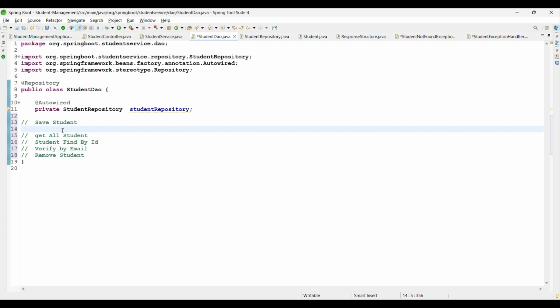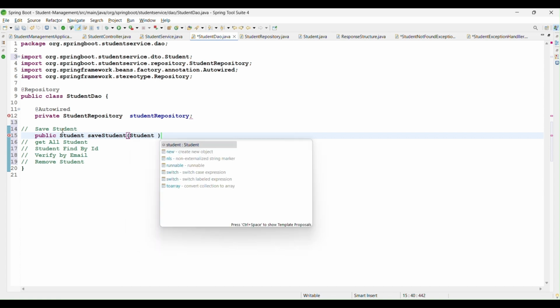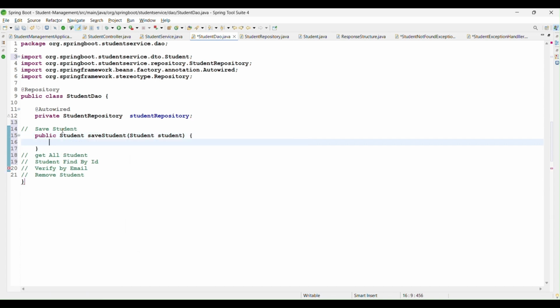Let's write this: public student save student, student is equal to student, and